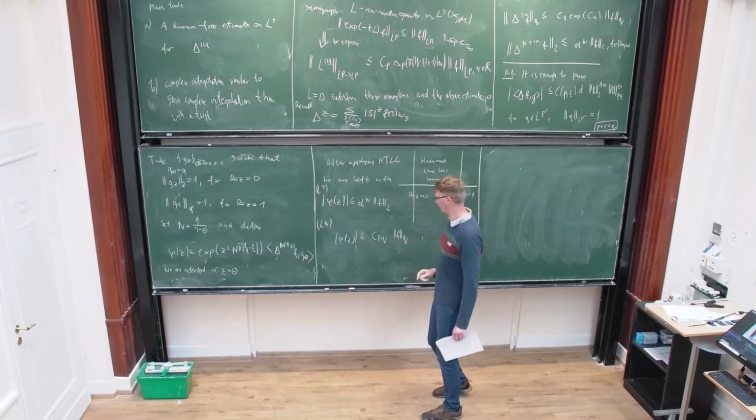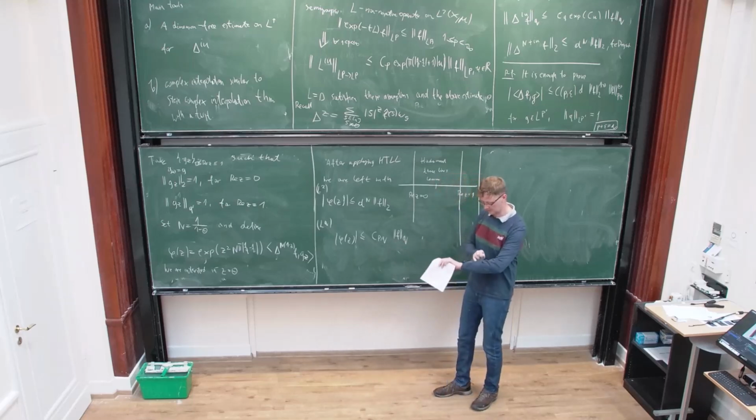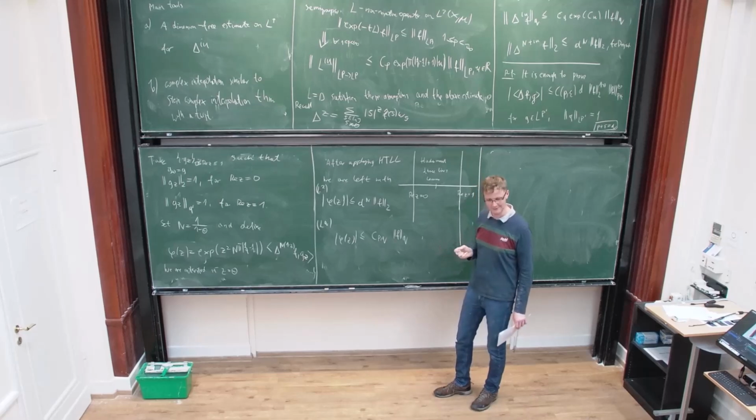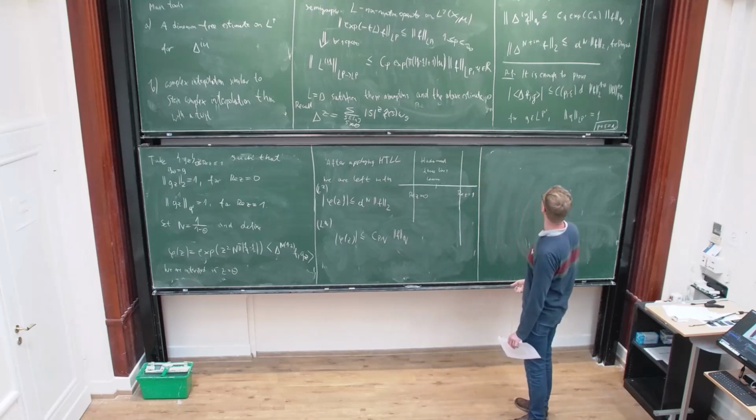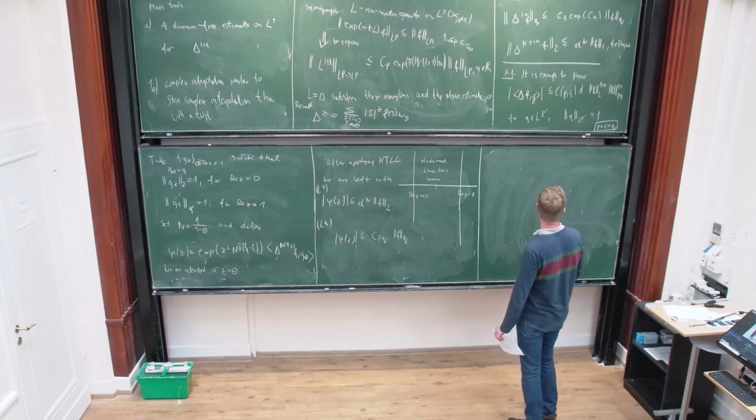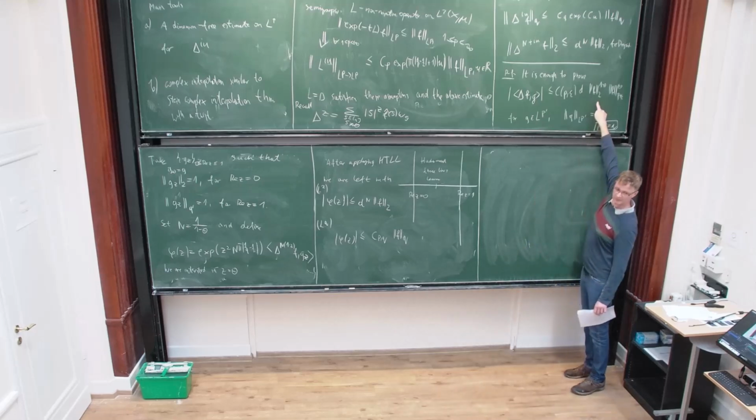Okay, one thing I forgot to mention that is important is that you will not be able to get the LP norm on the right, but you will be able to obtain a geometric combination of the L2 norm of F and the LQ norm of F, which is exactly what was in the conclusion of the theorem. So regrettably I erased it, but okay, something like this. Yeah. So you will obtain this, you won't obtain the LP norm of F.